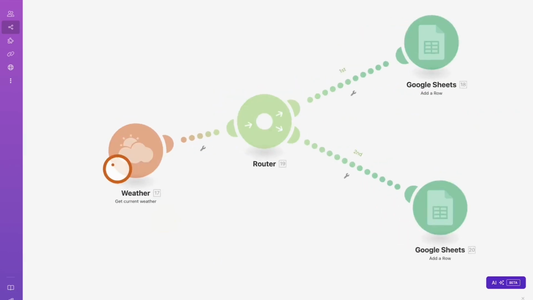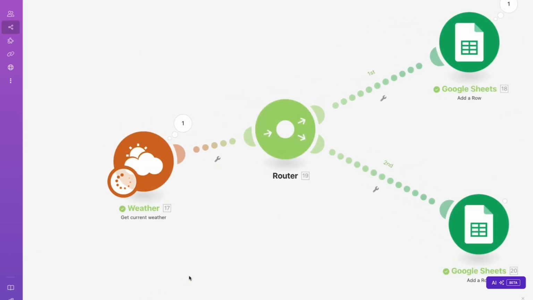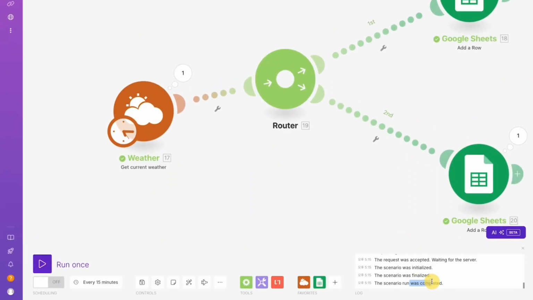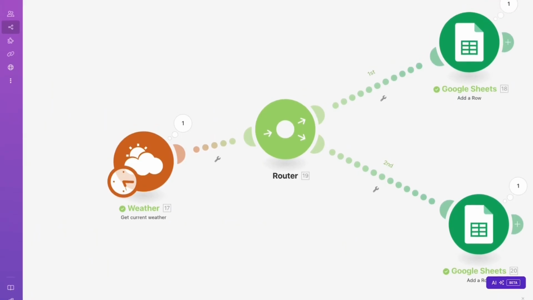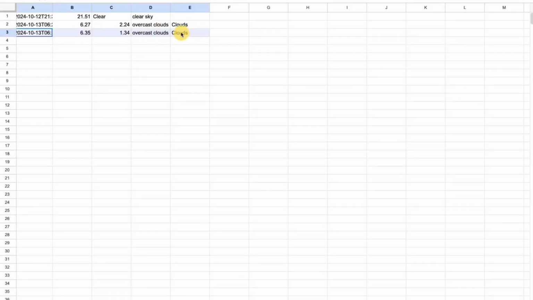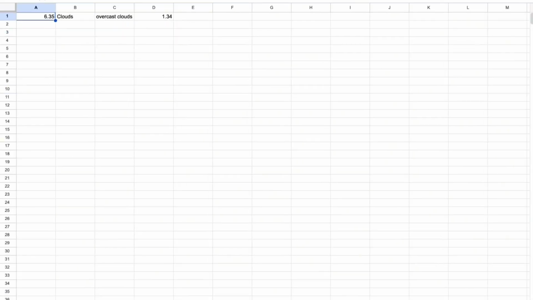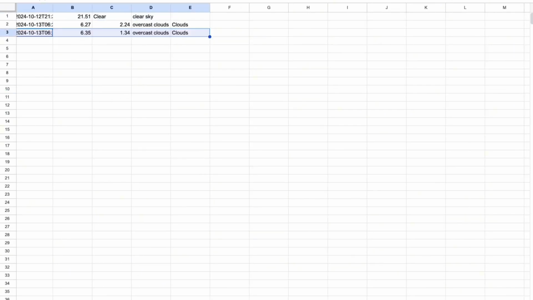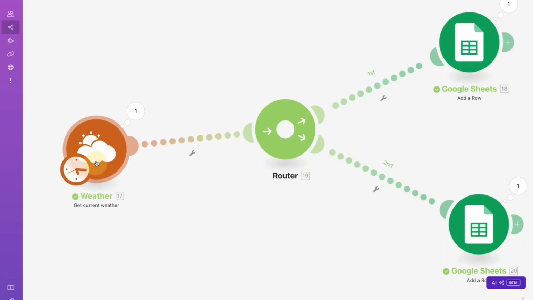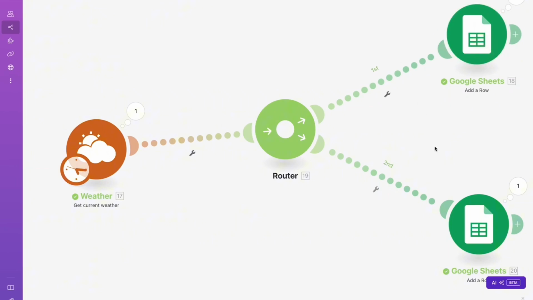So then if I press run, the scenario run was completed, and we'll see how it showed. It showed up, created another third row. Let's say if it pulled on above 20, now it pulled another one as well. So you can see that it's how the automation flow that I've created works, where I'm getting data from the weather app and putting it into two different sheets of a Google